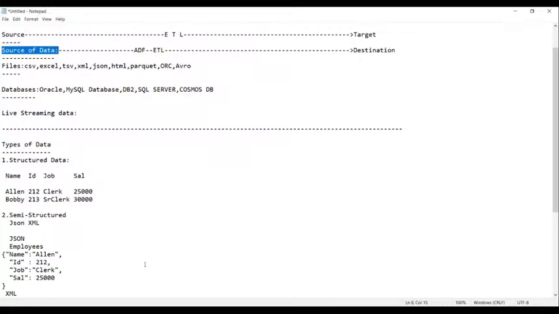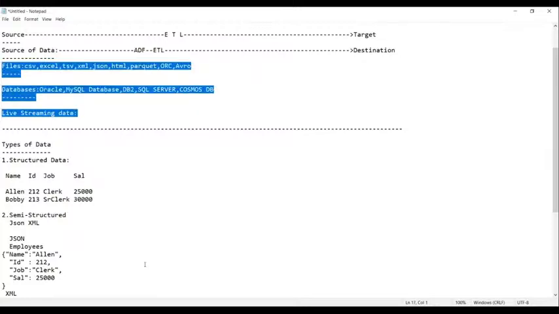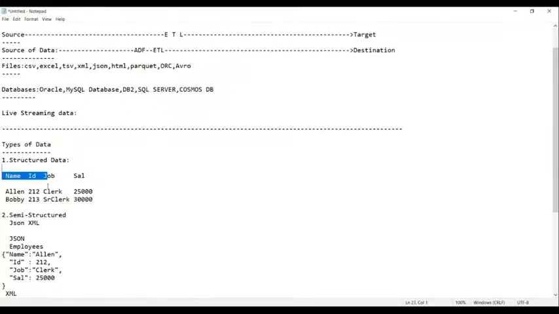Source is here, and these are the types of sources we have, such as files. From these sources, we can get structured data, semi-structured data, and unstructured data. These are the three types of data you can get.